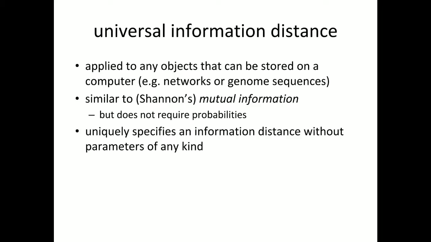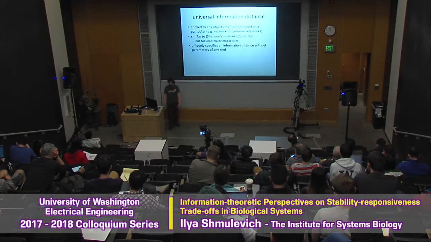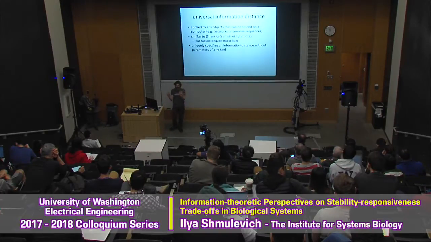Now this is some really beautiful work that came out in information theory in the 90s, where people defined information distance using these algorithmic information theory tools, similar to Shannon's mutual information, but it does not require probability distributions. It can be applied to any object that is represented by a string, or can be stored on a computer. So it can be a network, it could be a genome sequence, it could be whatever string you want it to be. And this information distance could be used to quantify how similar two different objects are without any kind of